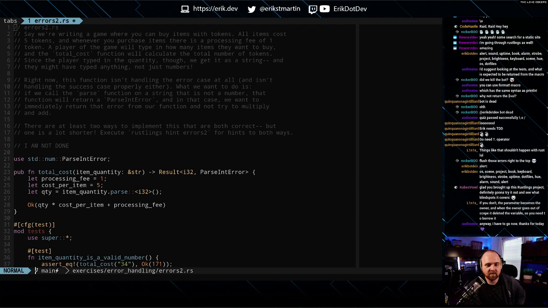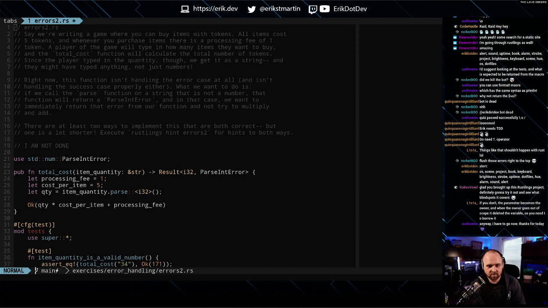Since the player typed in the quantity, though, we get it as a string, and they might have typed anything, not just numbers. Right now, this function isn't handling the error case at all, and isn't handling the success case properly either. What we want is if we call the parse function on a string that is not a number, that function will return a ParseIntError, and in that case we want to immediately return that error from our function and not try to multiply and add.